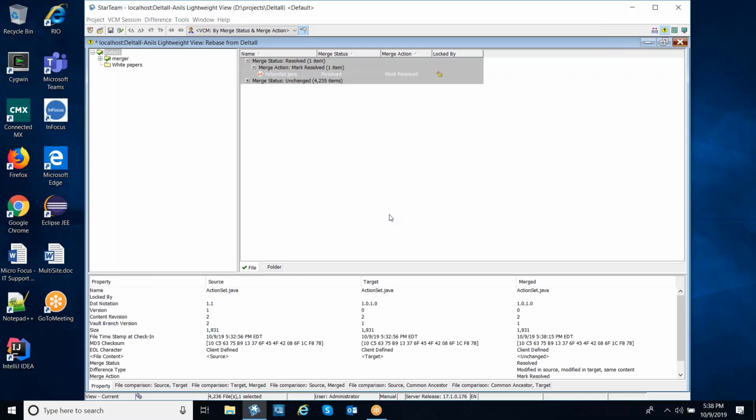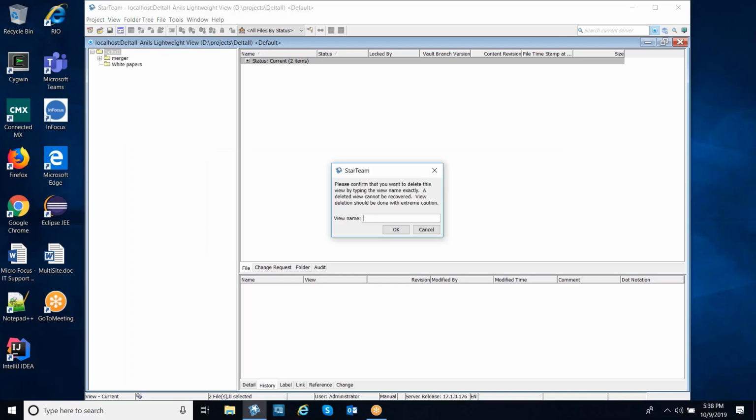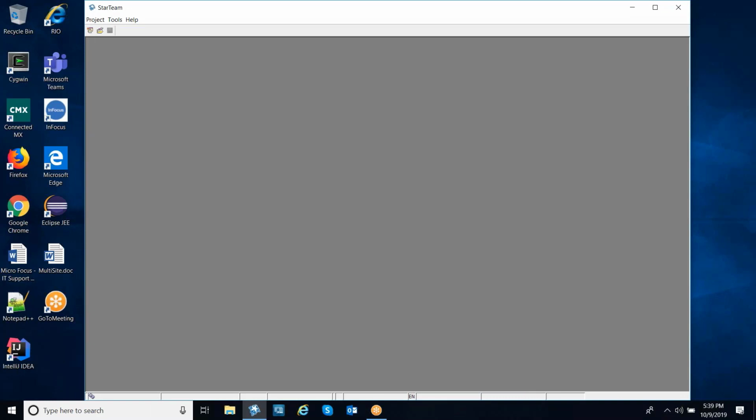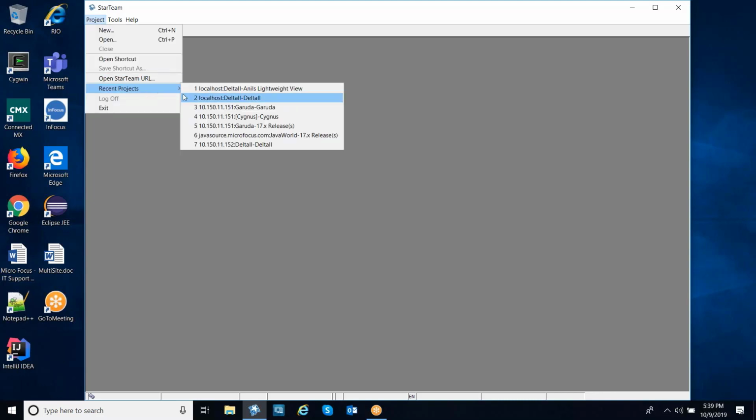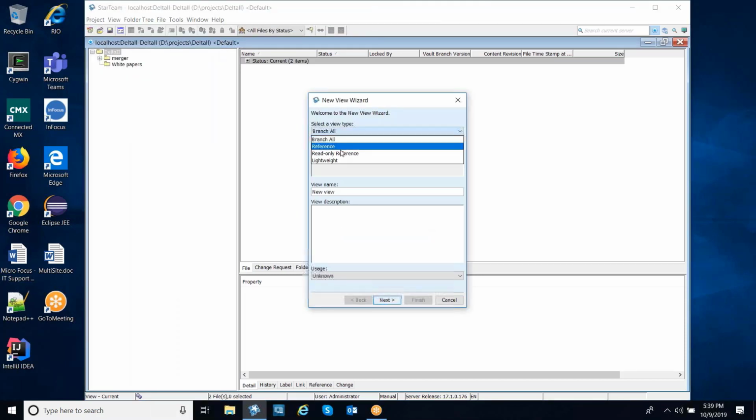But if I choose to now go ahead and delete this lightweight view, then it's a very quick, fast mechanism for working with lightweight views, throwing them away when I'm done with them, associating individual lightweight views with individual process items. This, in a sense, becomes a mechanism where I can say for a given project, I don't necessarily have to throw anything away. I may choose to create lightweight views per process item that I've been assigned to or working